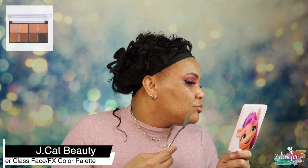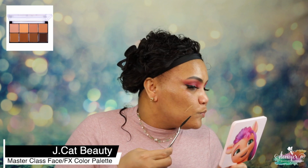Okay, so we're back, and time to mess with this foundation. It's a palette from J.Cat. It's $8.99. I feel like this shade might be my shade. Let's see. I might take a little bit of that, because maybe I don't need to mix it. Oh nope, this is definitely too light. Let's go here. That's better. And let's go here, or maybe this one. So we're gonna go into this shade. This looks kind of dark, but